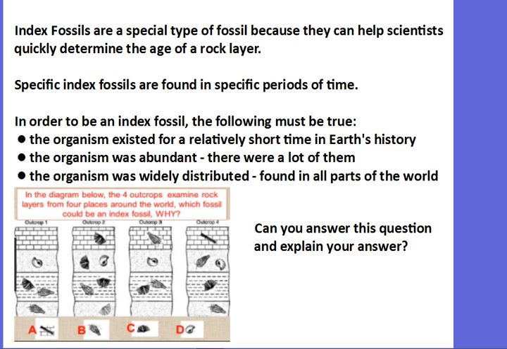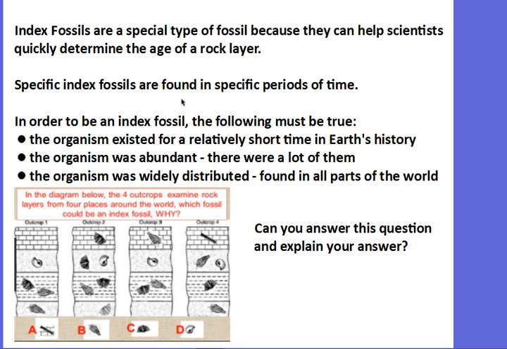So in the diagram below, these 4 outcroppings or 4 rock locations, examine the rock layers from these 4 different places around the world. Which fossil would be an index fossil and why? If you need to pause the video for a second, think about that, because there could be a question like this on the test. So look at the requirements for